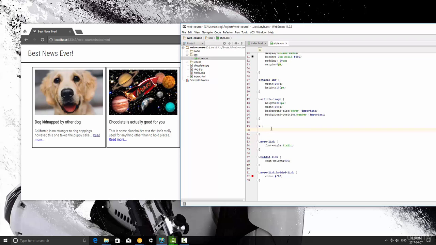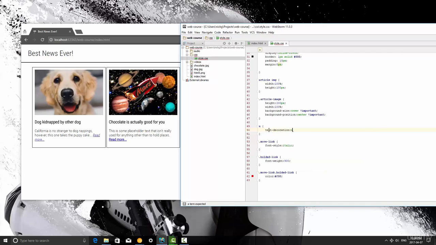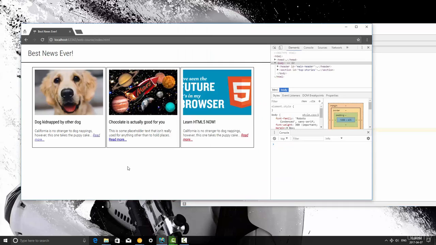So what I'm going to do is the default state of a link in HTML is underlined. You'll see that underline right there. But let's say we don't want that to happen. What we're going to be doing is setting a property called text decoration, and we're going to be setting the value to none. So I'm going to end that with a semicolon, save this, and then refresh, and you'll see that it's removed